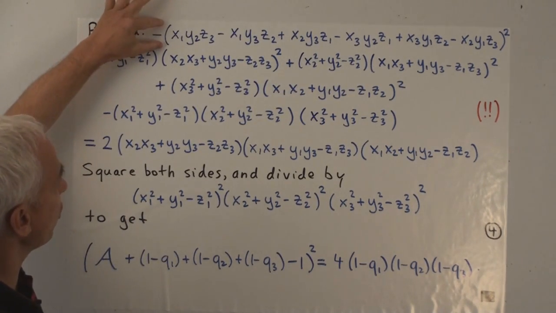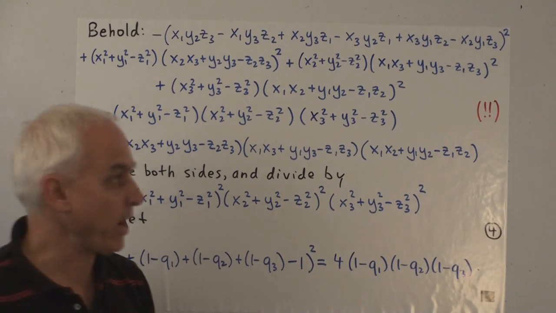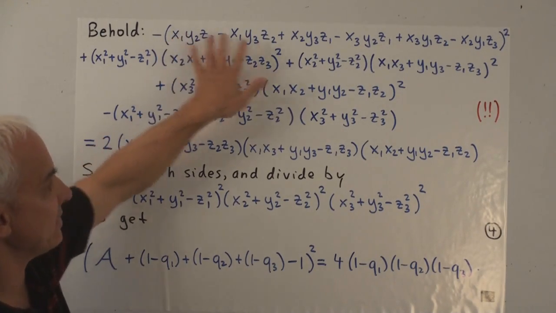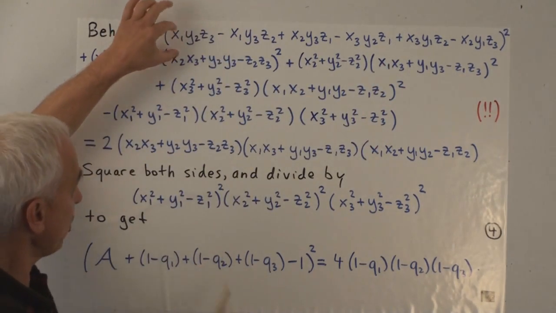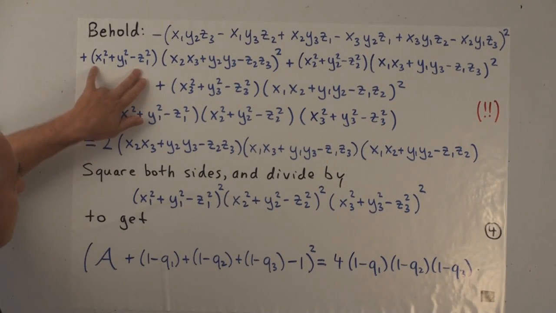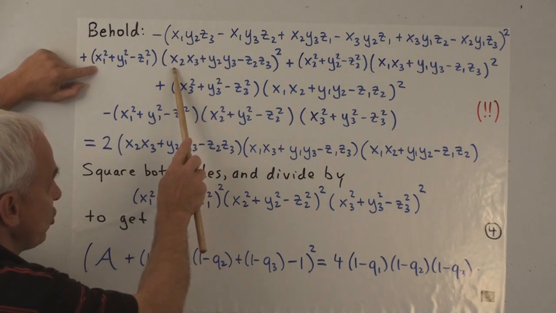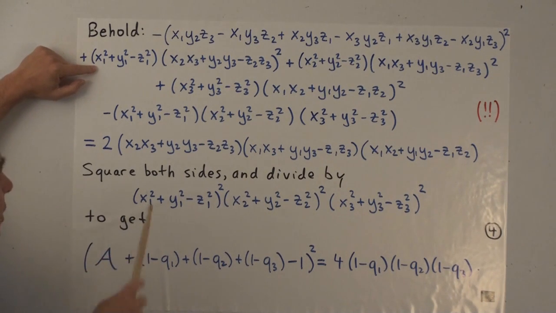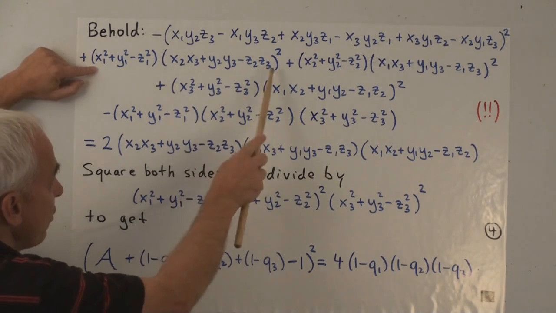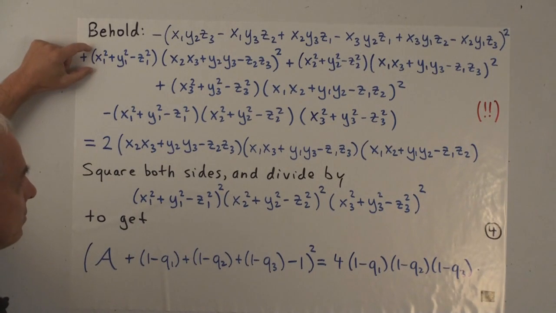Okay, so let's look at this determinant squared. If we square that, can we get x1 squared, x2 squared, x3 squared? No, we can't, because each one of these terms has x's, y's, and z's in it. So that particular term will not occur in the square of the determinant. How about right here? Well, the only way to get such a term would be to take an x1 squared times x2 squared, x3 squared. In fact, that will occur. It will occur with a coefficient of 1. This times this thing squared, which is one of the ingredients when you square all this. So it's occurring once so far.